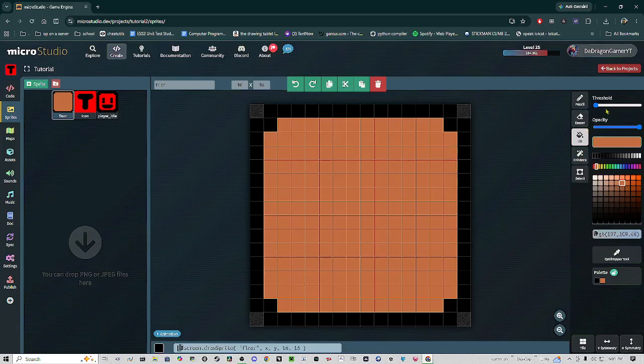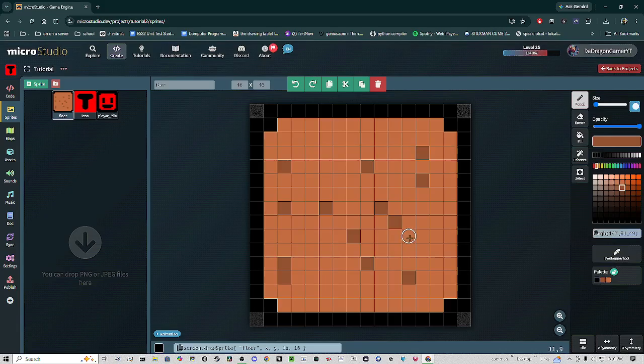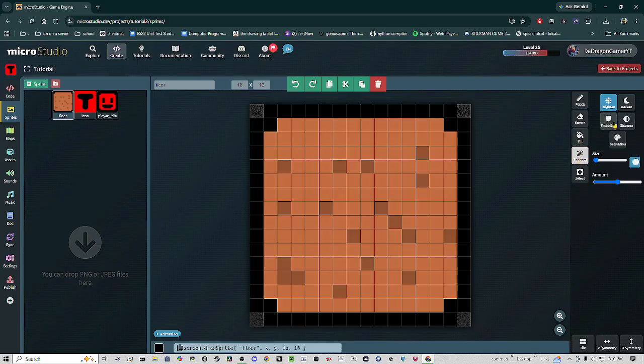Now we've got an orange ground. We'll put some texture, just like make it look like a cookie. Yeah. And then just because I'm going to smoothen